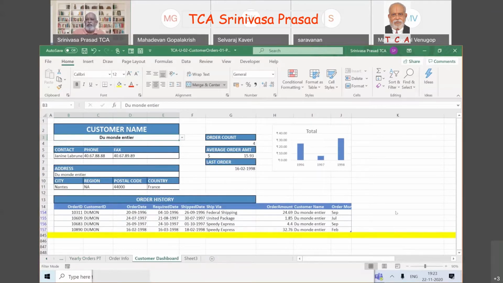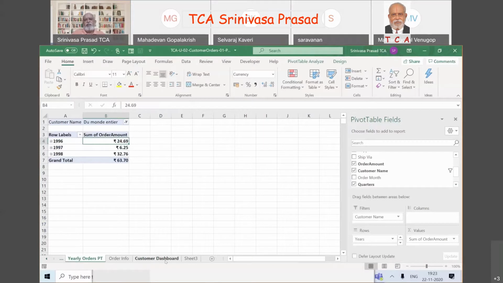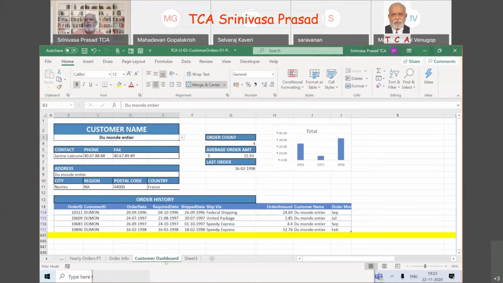I think this is going to be a very, very difficult task of asking someone for whom you have made this graph to go and tell him, you do one thing. Whenever you want any other customer, please go to your table, make this change, then come back to the customer dashboard. Voila, the graph is available. Somebody is not going to like it, and we are not going to be respected. So what is the way of doing it in a different way? That means you have to automate it.